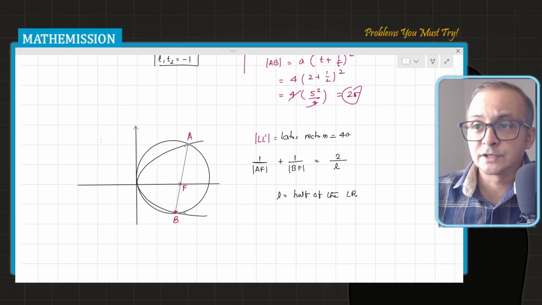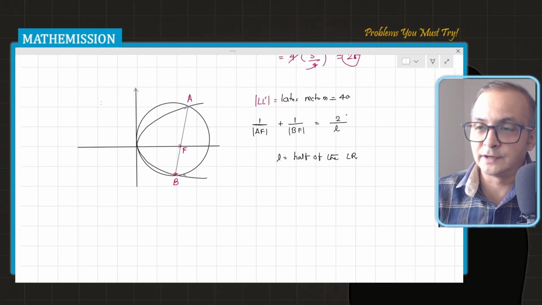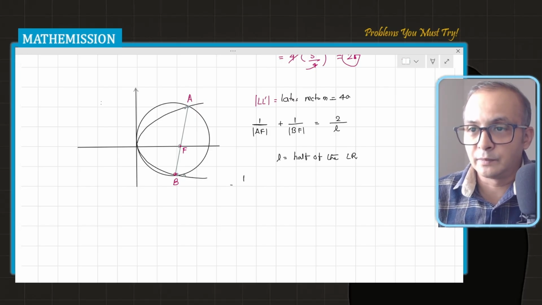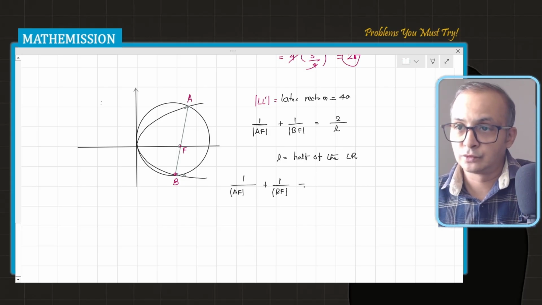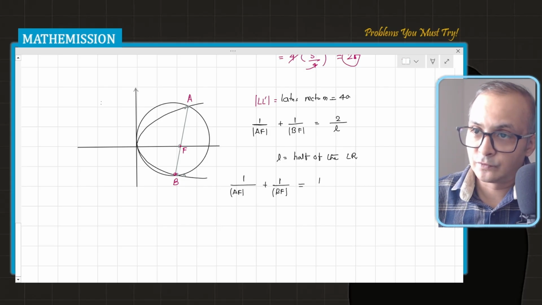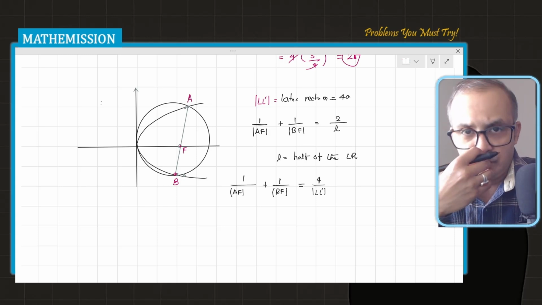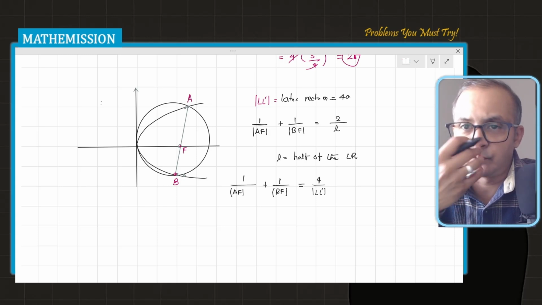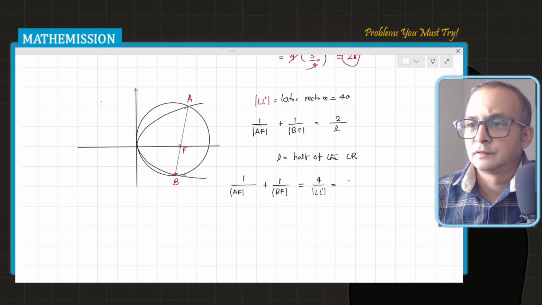So if I just try to use the latus rectum here, I will multiply and divide by 2 on the right hand side. And we get 1 by AF plus 1 by BF is equal to 4 by latus rectum. And latus rectum we know. What is it? 4 into 8. That is going to be 1 by